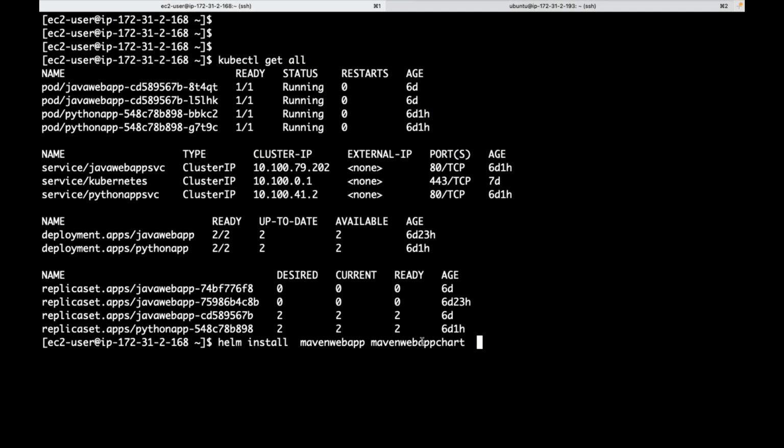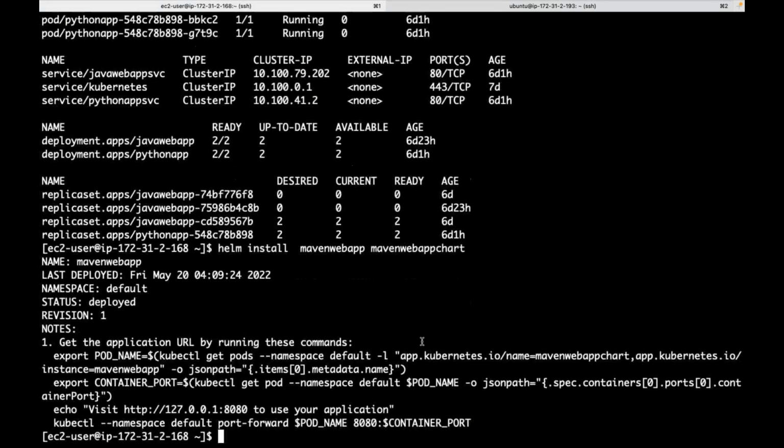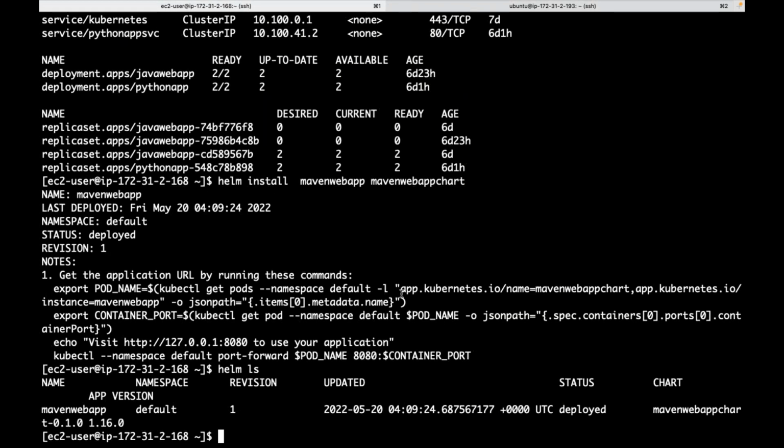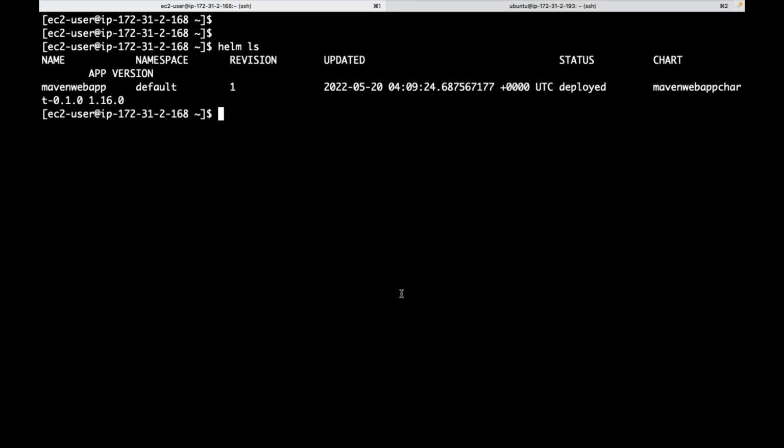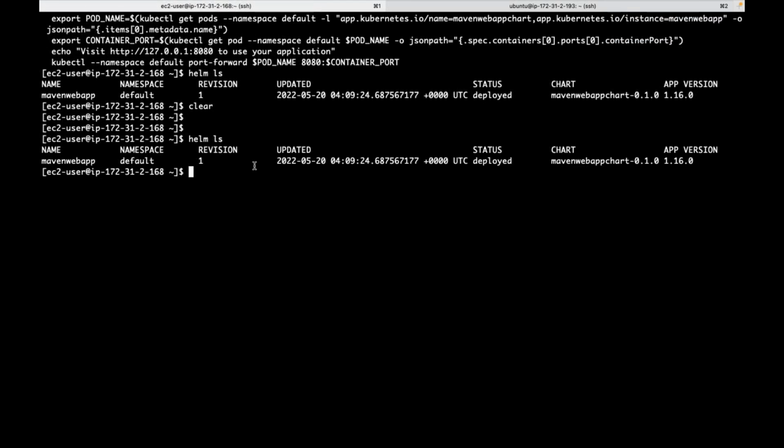Yes. Now let me execute Helm install Maven web app. Now is my application deployed as a Helm chart? That Maven web application is deployed as a Helm chart now in the Kubernetes cluster. When I say helm ls in the default namespace, I see this one. Now if you see kubectl get all,